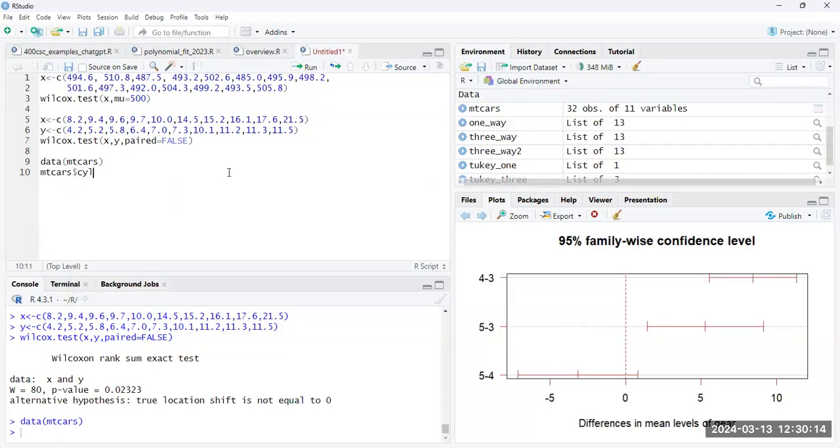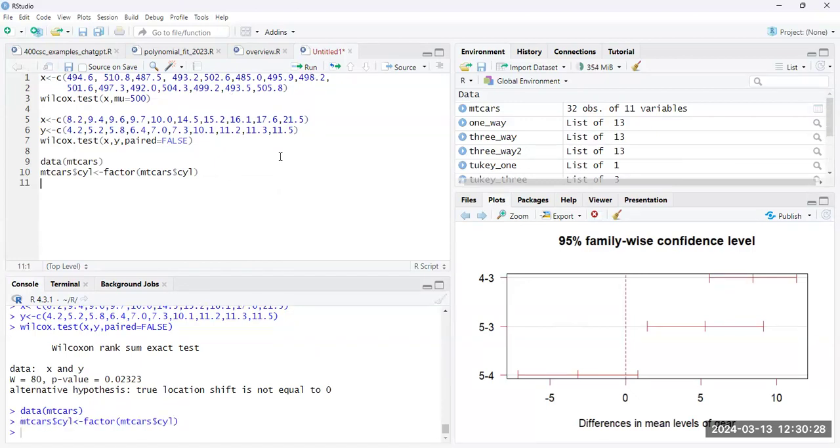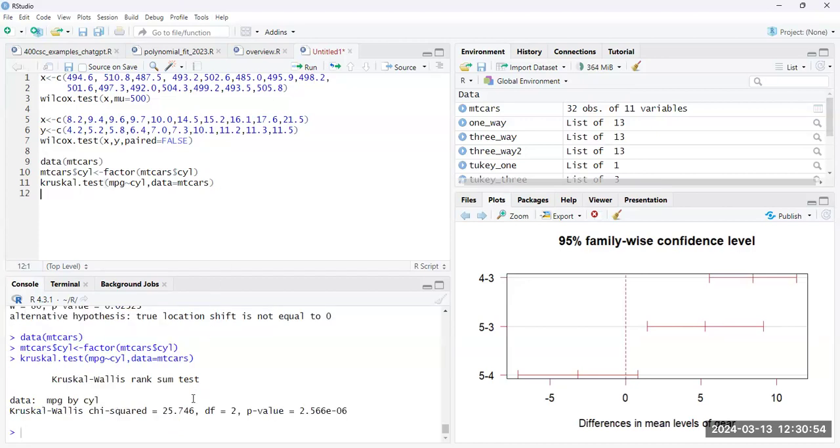We're going to do cylinder again. And then the test is called Kruskal.test. And again, this syntax works similarly to the ANOVA. We're going to model MPG based on our factor cylinders, and we're going to extract our data from the MT-CARS data set. And when we run this without saving it to a variable, it will just print the results directly